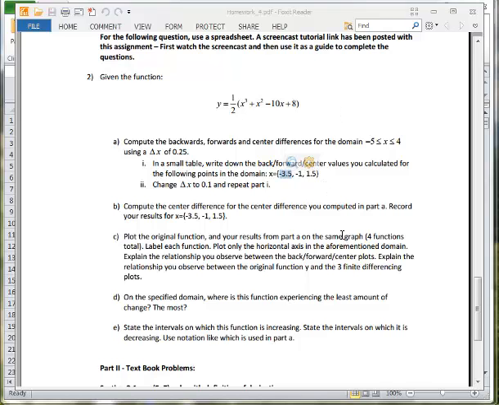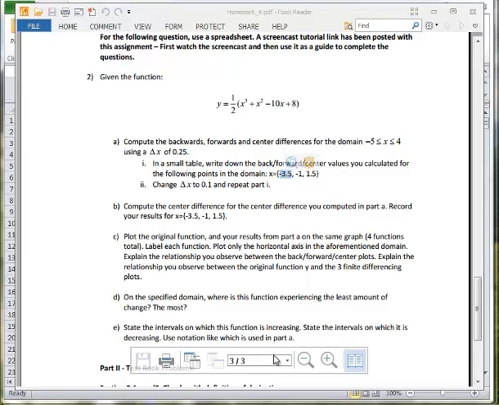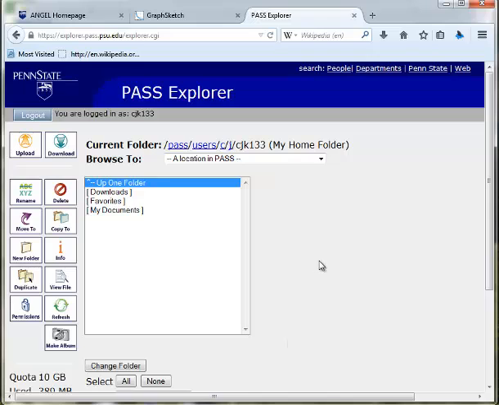I'm also going to show you how to use WebApps and PassSpace if you do not have a copy of Microsoft Excel on your personal computer and you would like to use that. So the first thing I'm going to do, I'm going to go to a browser, and here's the web address. If you go to